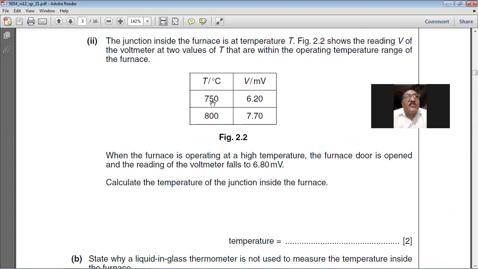When inside the furnace the temperature is 750 degrees centigrade, the reading on the voltmeter is 6.20 millivolt. And when the temperature inside the furnace is 800 degrees centigrade, the reading on the voltmeter is 7.70 millivolt. When the furnace is operating at high temperature, the furnace door is open and the reading on the voltmeter falls to 6.80 millivolt. Calculate the temperature of